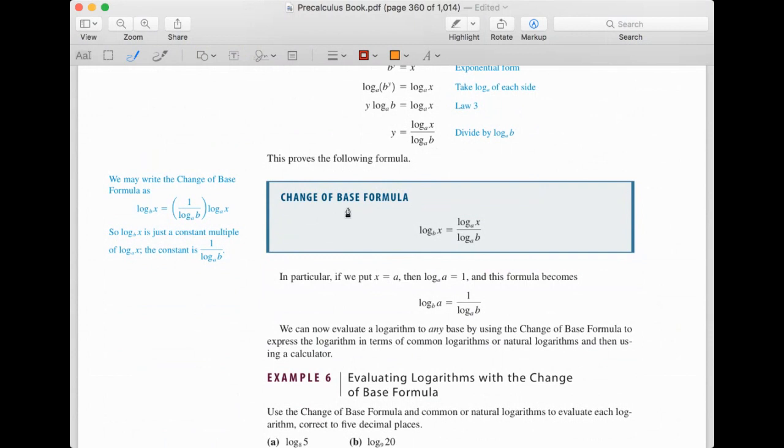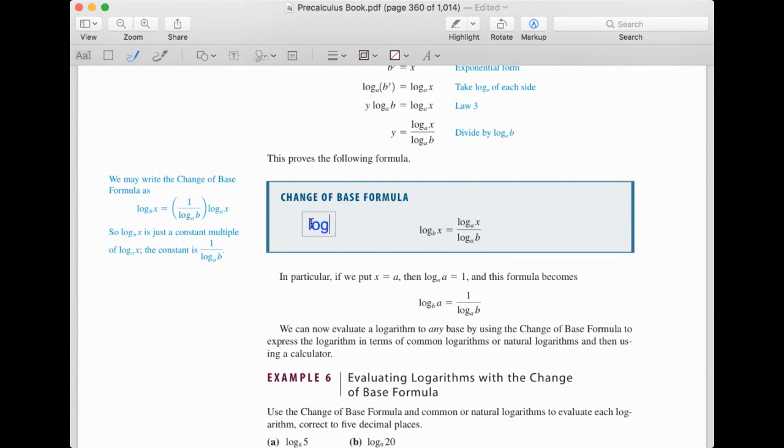All right, so the change of base formula is saying this: log base b of x can be written as log base a of x divided by log base a of b. So it can be changed to have the same base for both the log of x and the log of b. All right. Remember before,